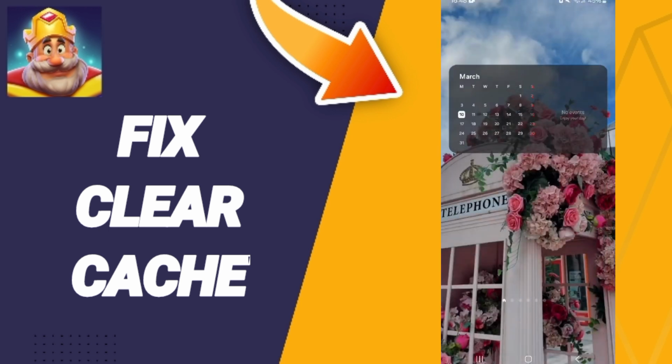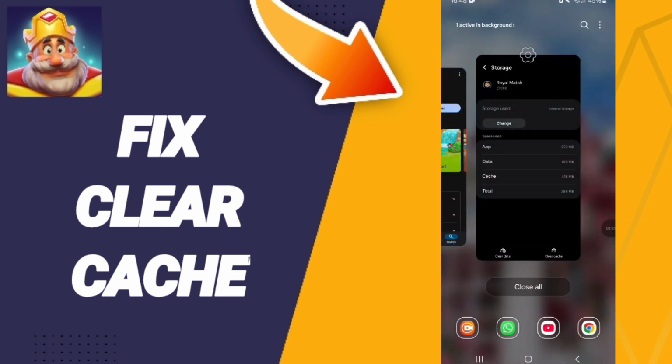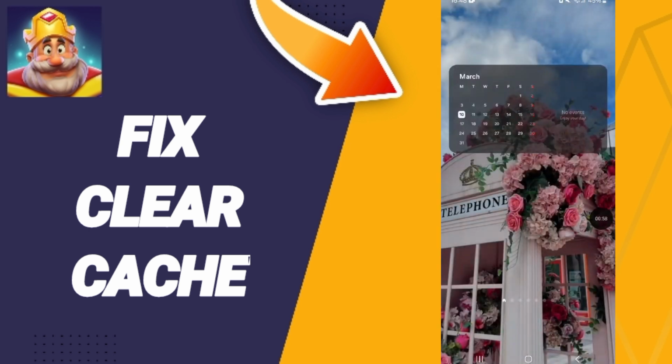In the end, you will turn off your phone and wait a moment to restart your phone again to fix that problem. So please don't forget